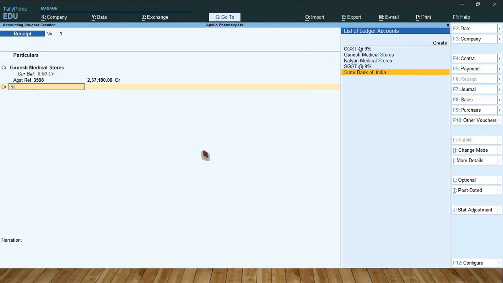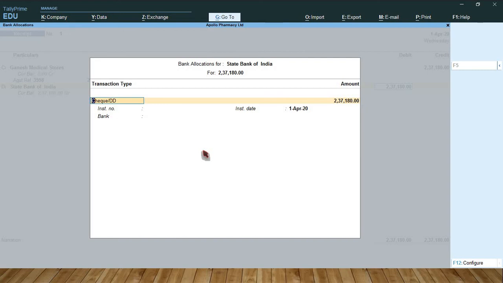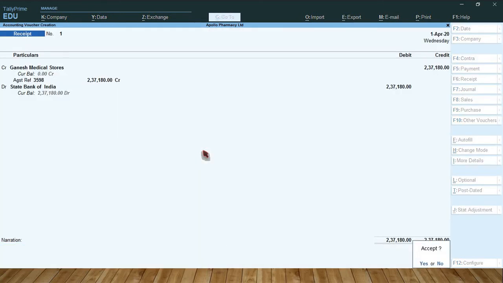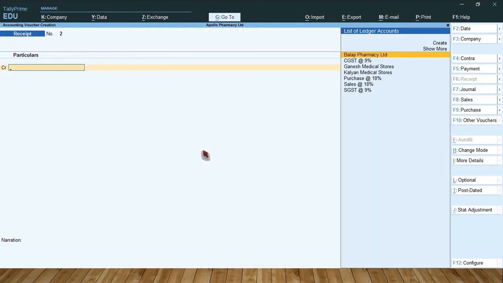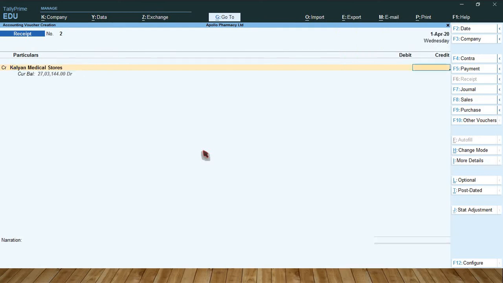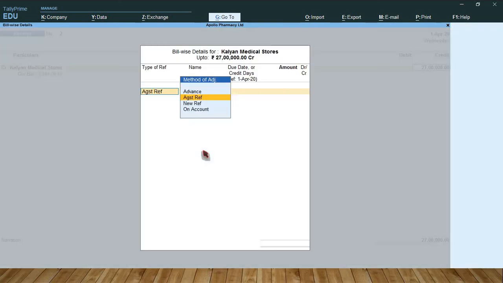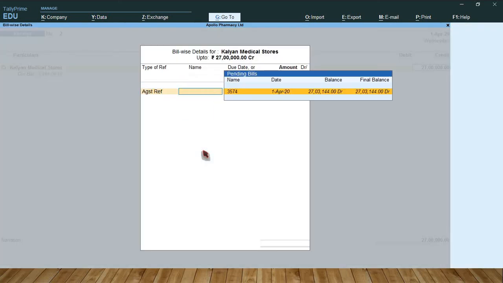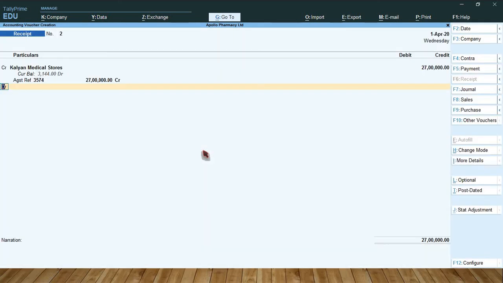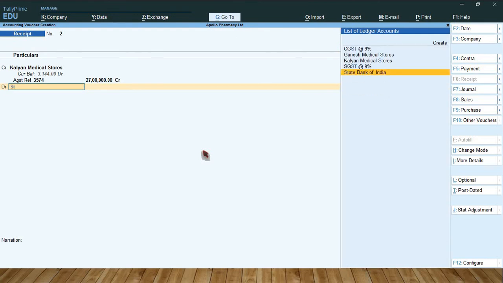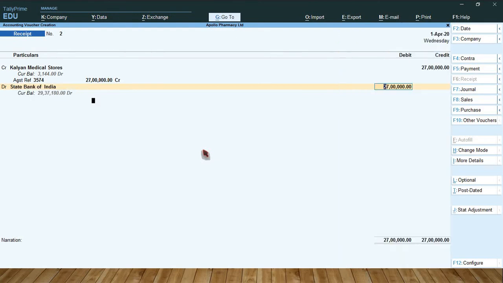State Bank of India. So next, Kalyan Medical Store. ₹27 lakh. State Bank of India.